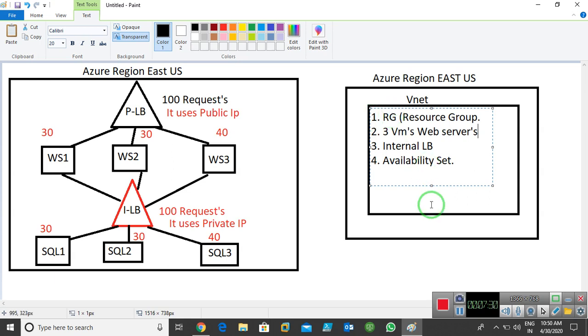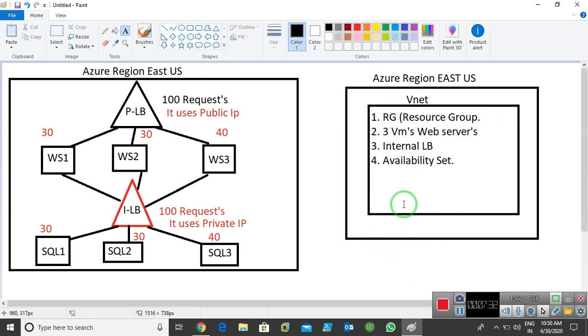So that is what we need to do. I hope you're able to understand the diagram. We can follow the previous diagram, but previously we had only two VMs and we could test through the public browser. Right now, as I already told you, the internal LB works on a private IP address, so we need a separate VM to test the load balancer. Okay, fine. So let's start, guys. Let's start with the practical.